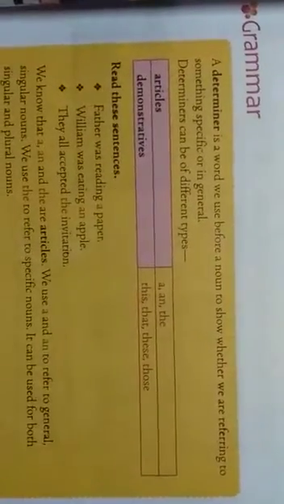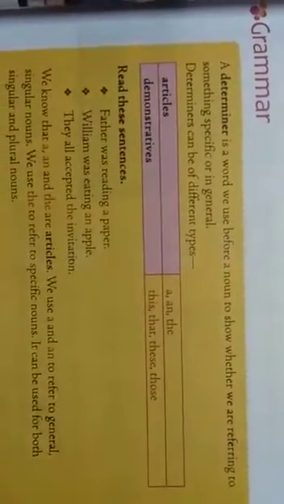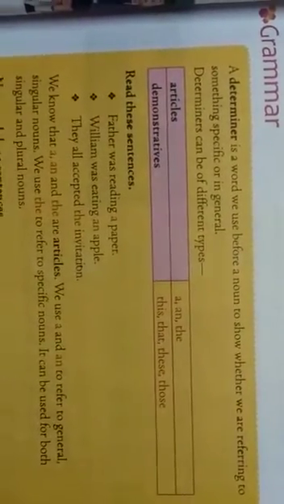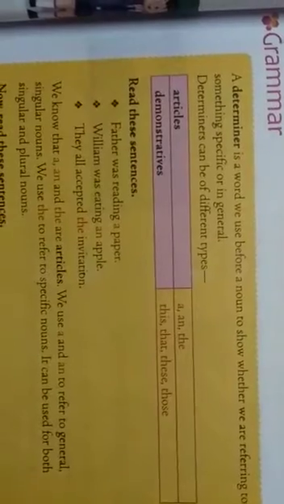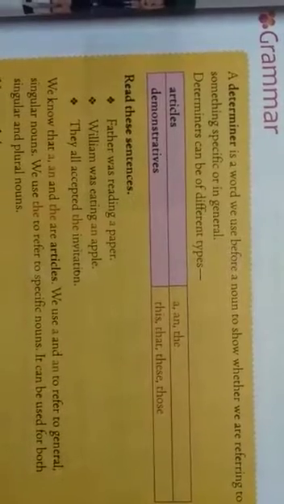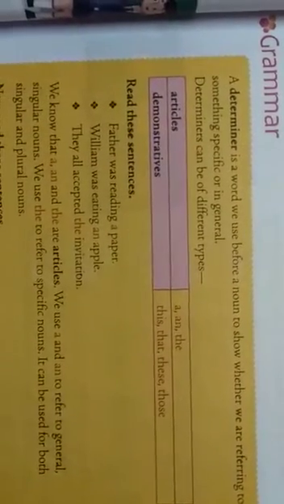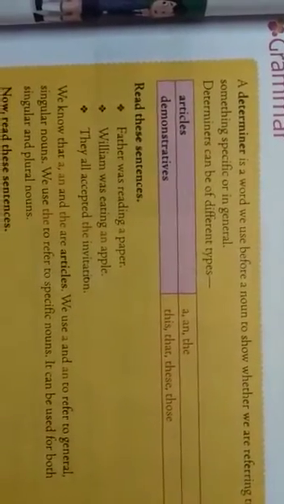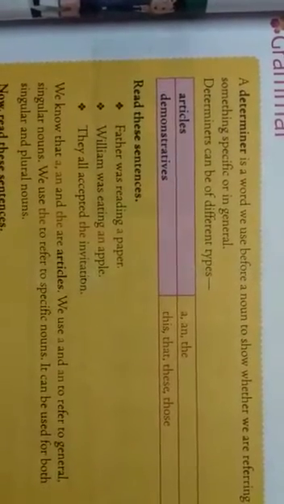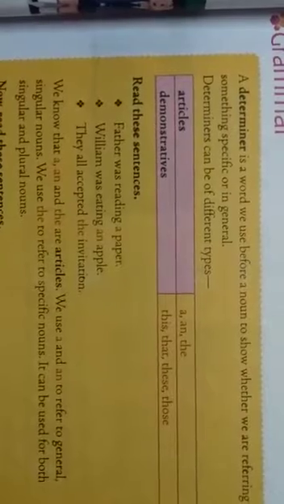So, children, today we are learning our second lesson. It is the grammar part we shall learn before doing the text 12 bits. Today in this class we are learning articles and demonstratives. So, what are the articles? Articles are a, an and the. These three words are known as articles.